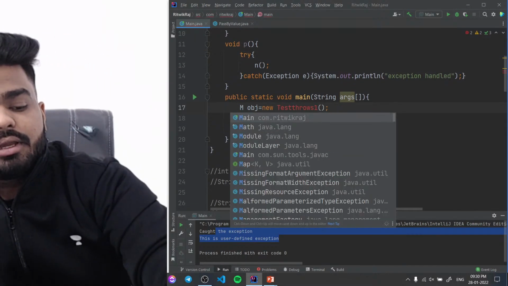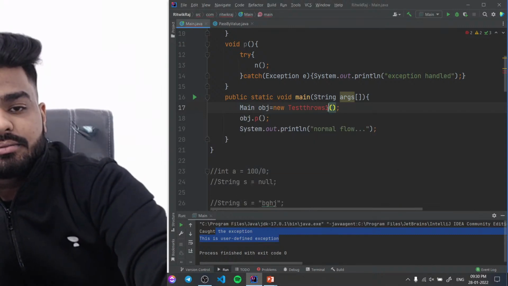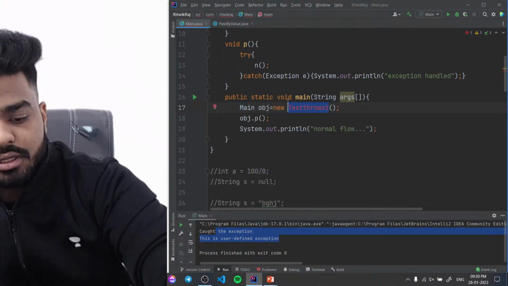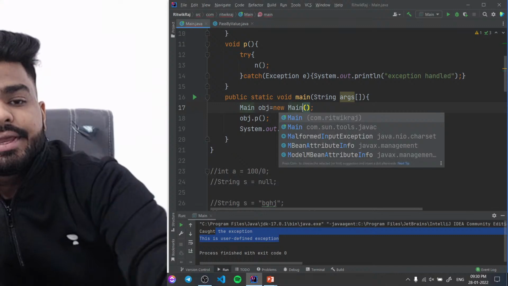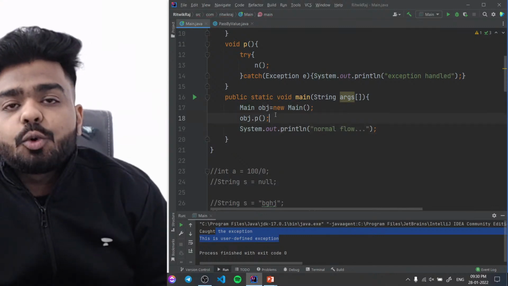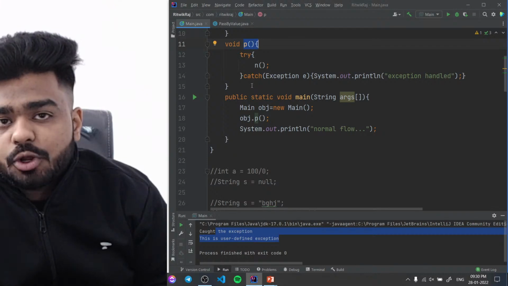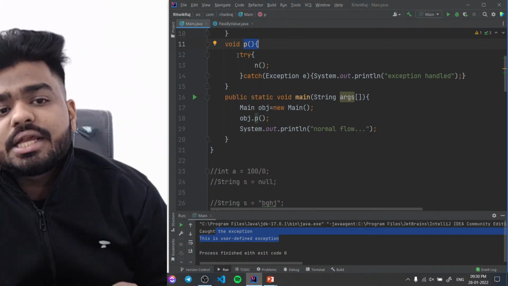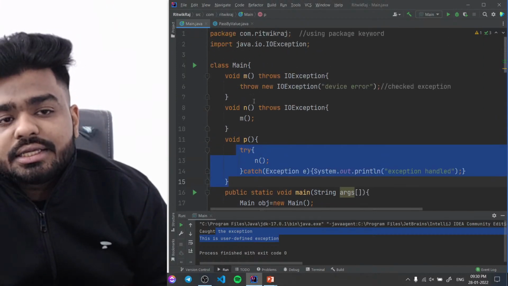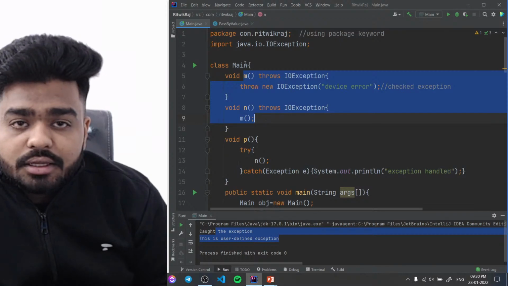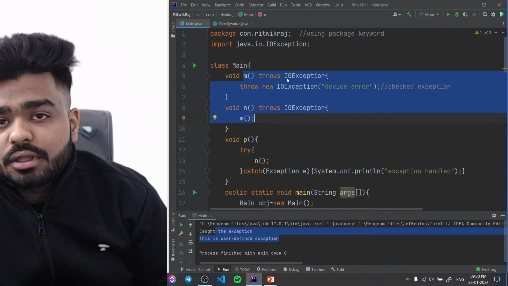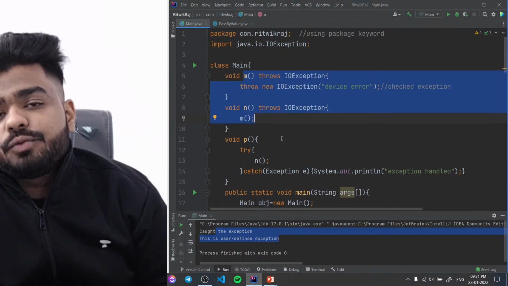So main method में class का object बना हुआ है. Object name is obj and then obj.p. So obj.p will directly go where? Here. यहाँ पे ट्राई कैच ब्लॉक है. प्लीज अंडरस्टैंड, डू नॉट गेट कंफ्यूज. ये ट्राई कैच ब्लॉक यहाँ पे नहीं है, ओके? दिस इज नॉट हियर, दिस इज नॉट विथ थ्रोज. सो डू नॉट से दैट वी आर यूजिंग